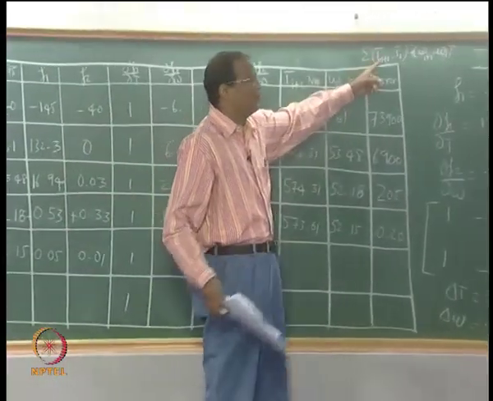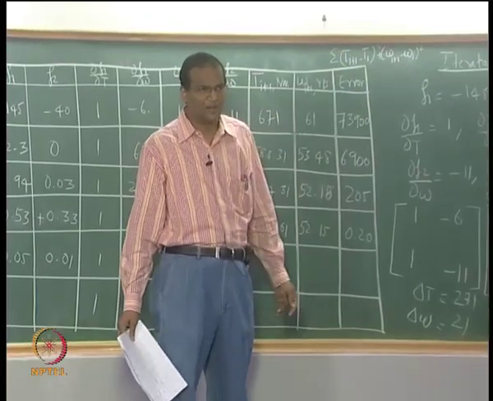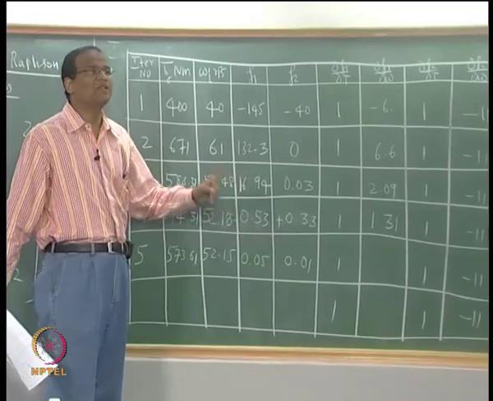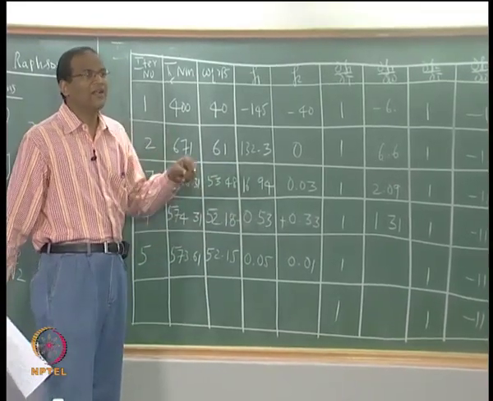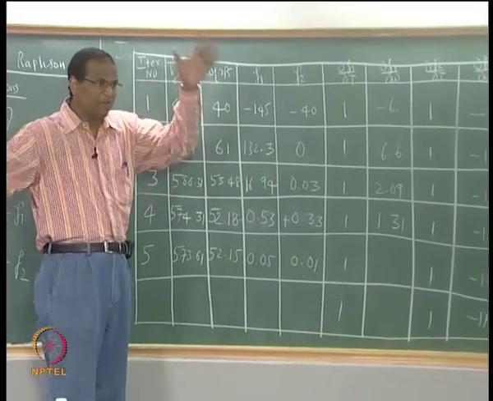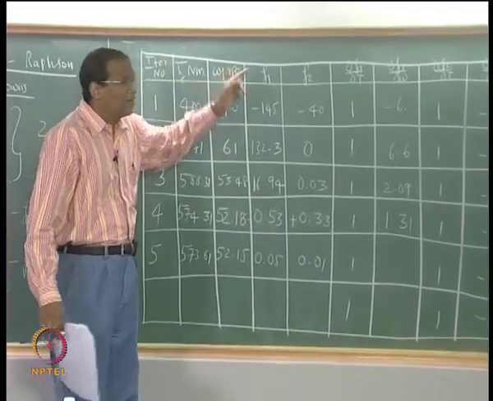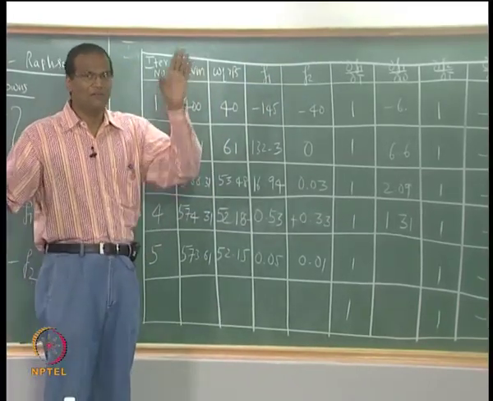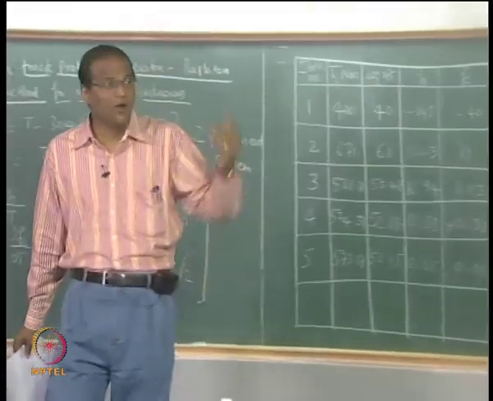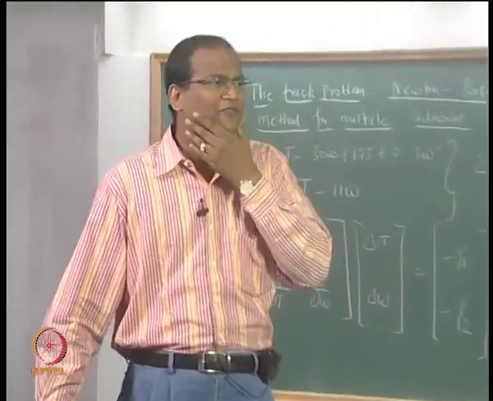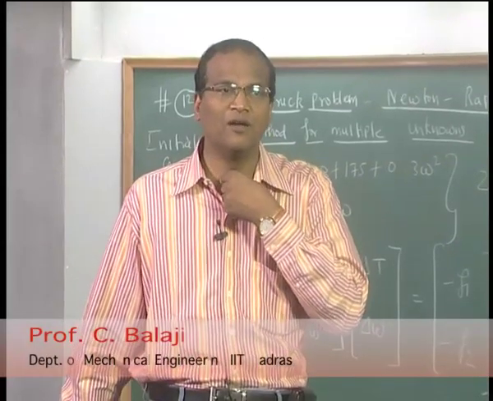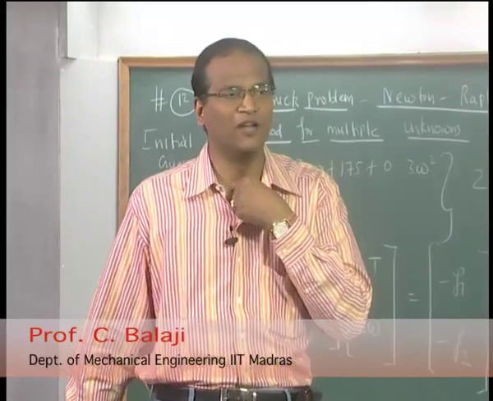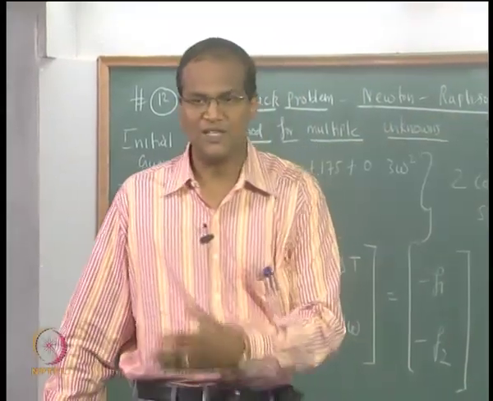Suppose I give you a condition. Usually, I will say decide on an appropriate stopping criterion. You can decide a stopping criterion based on the modulus of F1 at i plus 1 minus F1 at i divided by F1 at i, into 100, must be less than something, and similarly for F2. Or, as he says, F2 at i plus 1 minus F2 at i whole square plus F1 at i plus 1 minus F1 at i whole square, that norm should be less than something.